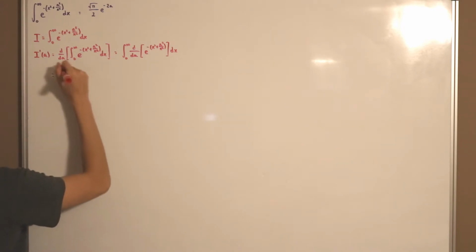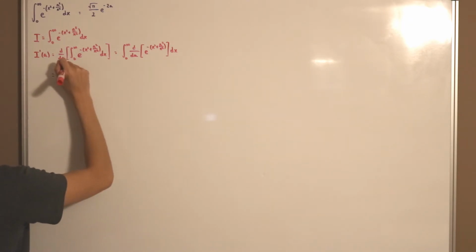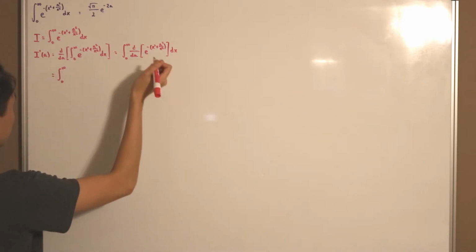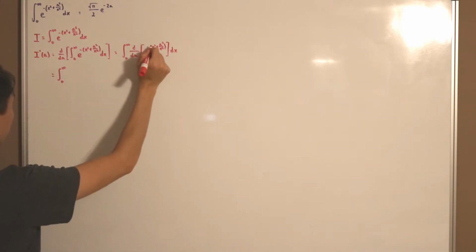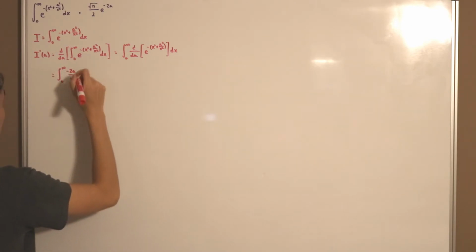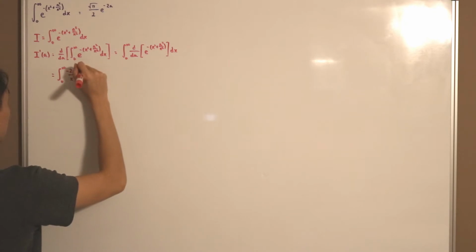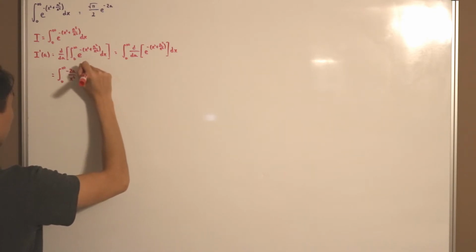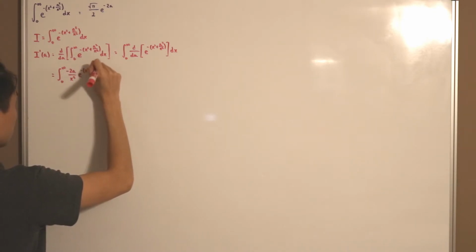Well, in this case a negative is being distributed, so it's supposed to be negative 2a divided by x squared times e to the negative (x squared plus a squared divided by x squared)